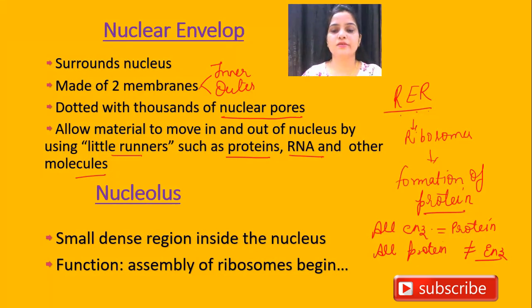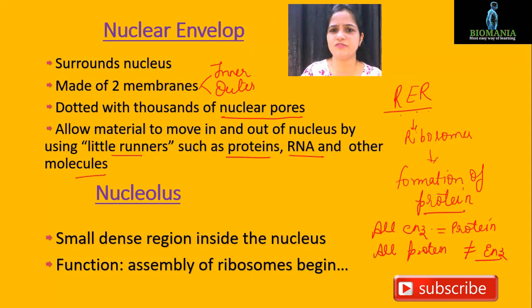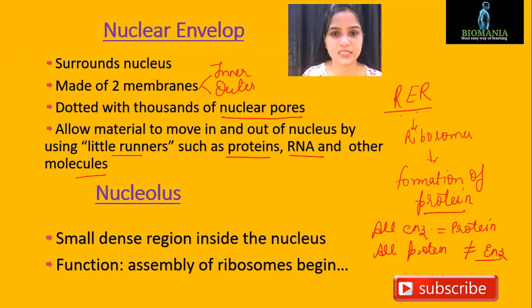Okay, so there are so many reactions going on inside the cell, and they all need enzymes to increase or decrease their speed. For different functions there are so many enzymes, and they all are made up of protein. So protein is very, very important for the cell. Okay guys, now I think it is clear how important it is for us.